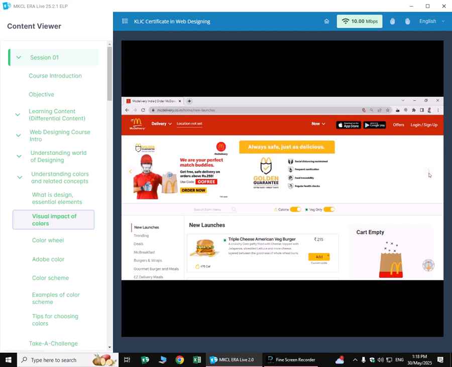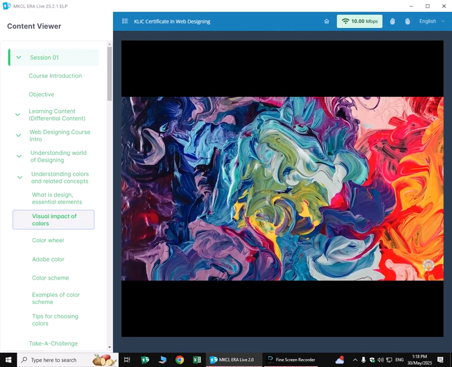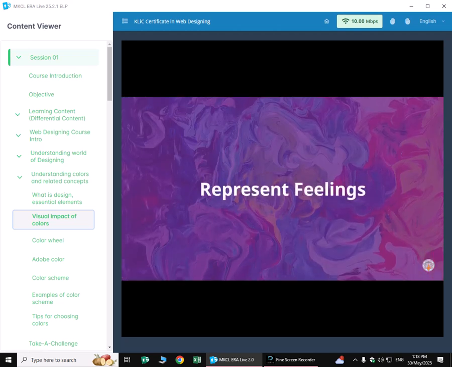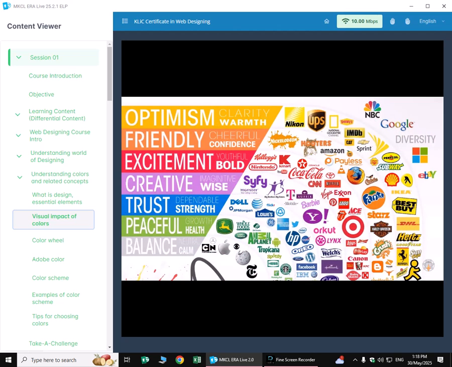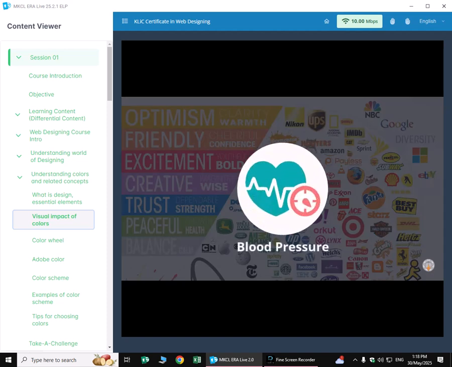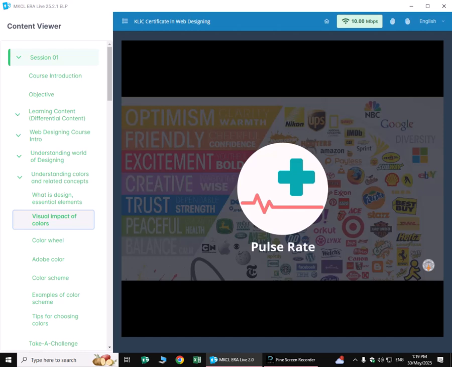Just as you use words to express your feelings, colors can be used to express what the website is about. According to research about colors and their impact, colors can be made to represent the feelings. Colors affect people both emotionally and psychologically on all levels. Some colors are so effective that they can control the blood pressure and normalize your breathing, increase pulse rate, etc.